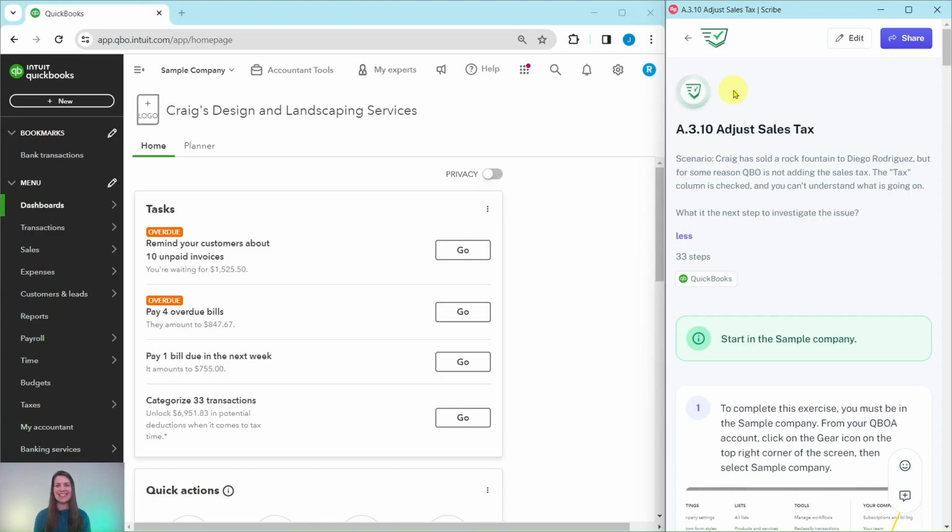Video, we are going to practice adjusting sales tax. The exercise we're going to follow along with is over here on the right-hand side, and this is pulled from